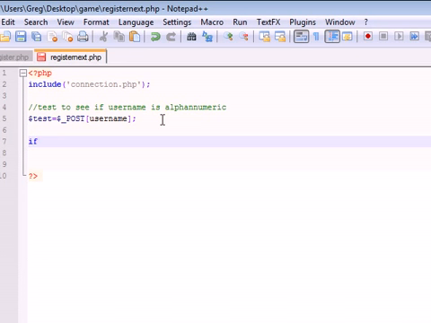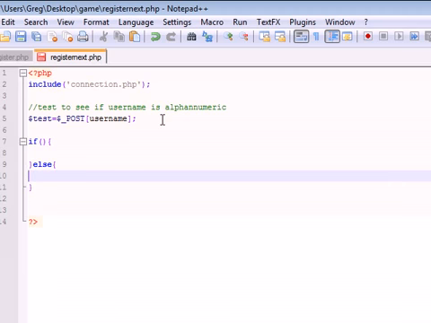We're going to say, alright, if your statement is alphanumeric, then go ahead and continue on with the registration. Else, if it's not, then we're going to send you an error message. So first we need an if statement and an else statement. So we say if, then we test something, else if it's not true, then we're gonna